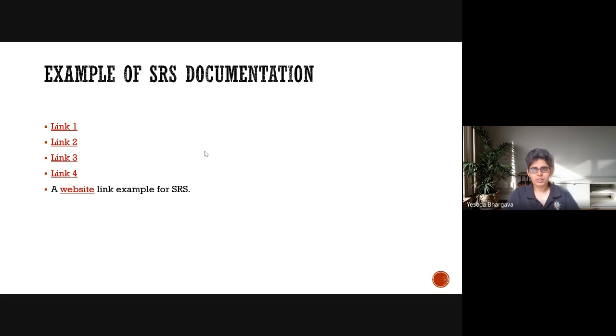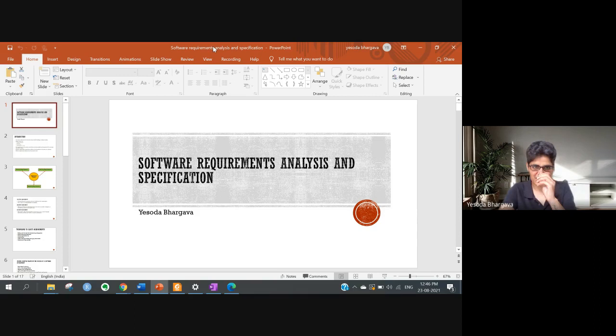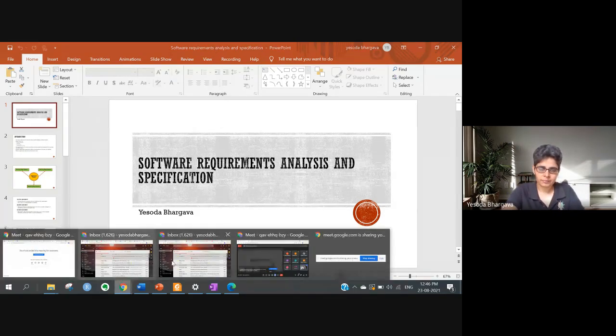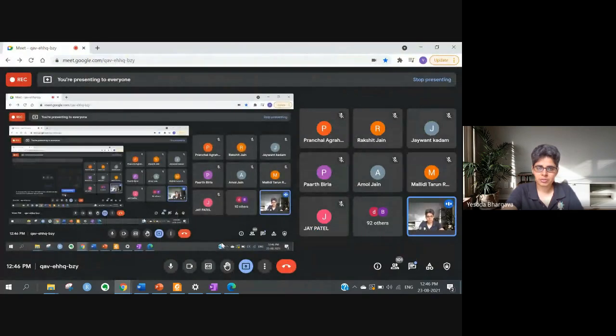Earlier, I had shared an IEEE template of software requirement specification, and I thought now is a good time because you've already been working on requirements and use case diagrams for some time. So this would be a good time to introduce some of the formal samples of software requirement specification that will really help you to design your own. So that was all for today on software requirement specification from my side. If you have any questions to ask, I would be happy to answer.